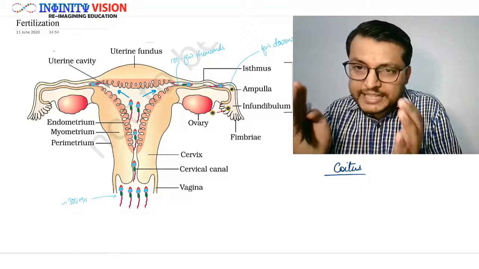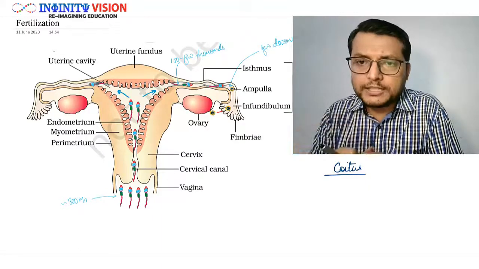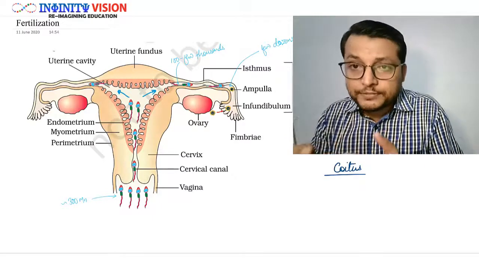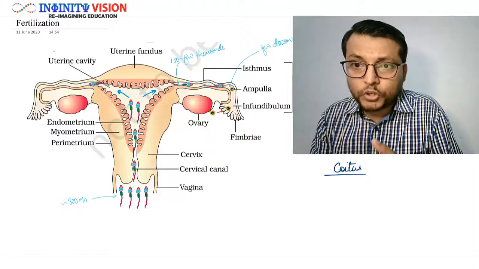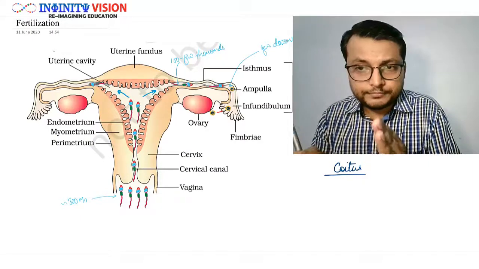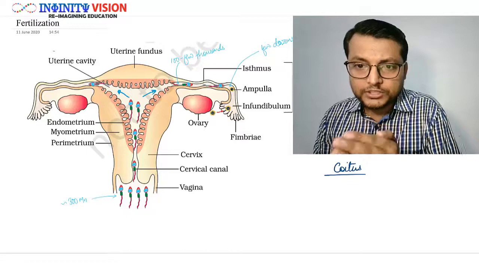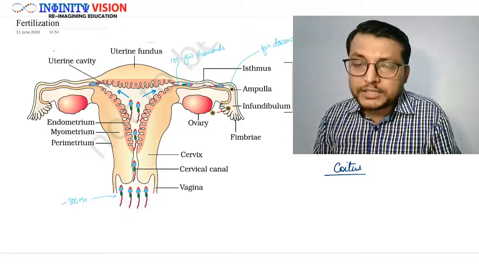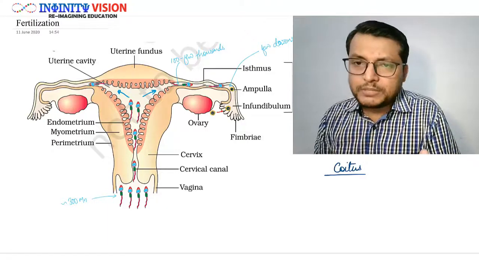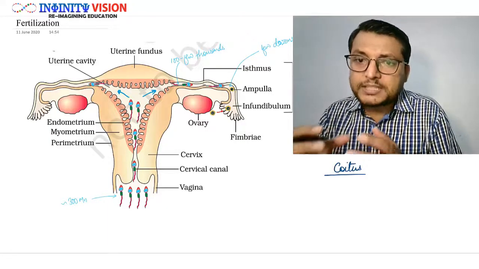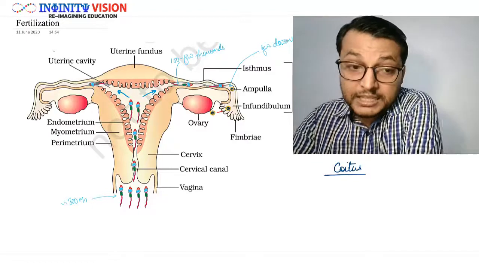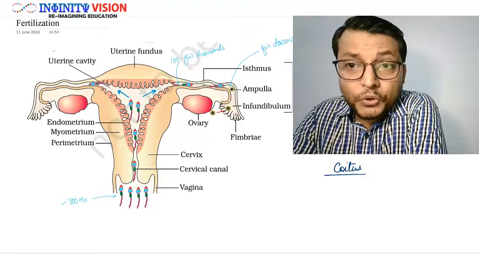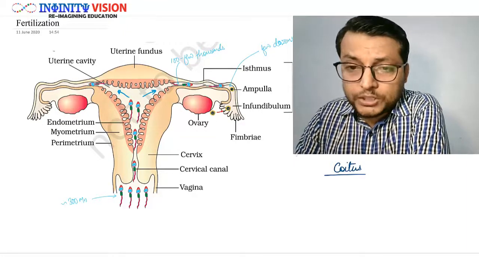This is the exact function of the external genitalia, that they assist in the transfer or collection of gametes. With the help of the penis, the male deposits not only male gametes, but semen that contains male gametes, into the female genitalia. Now where does it do so? During coitus,